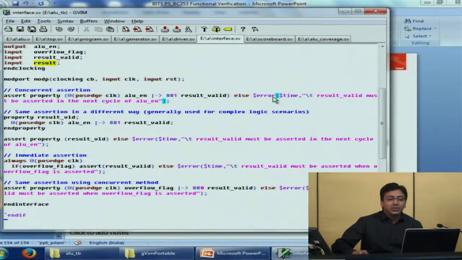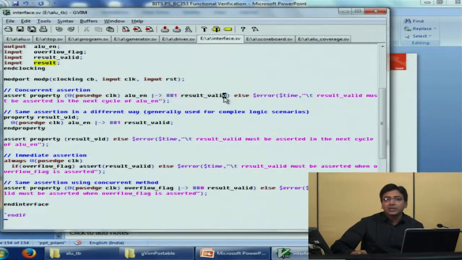Since that is a condition in the DUT, it says assert property, which is a keyword, and the checking event is at the passage of clock. So this property runs at every passage of clock and checks if ALU enable is high. This keyword indicates that only when ALU enable is high, look for the subsequent condition. I'll reiterate: at the passage of clock it will check for ALU enable to become 1, and only if it is 1, it will look for this subsequent